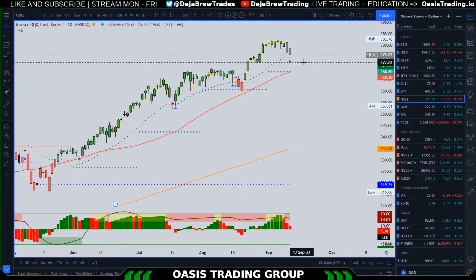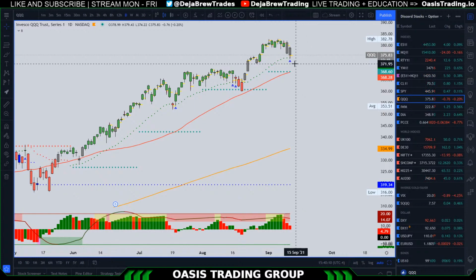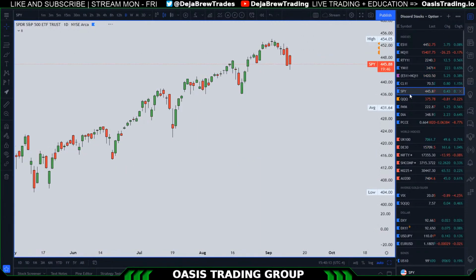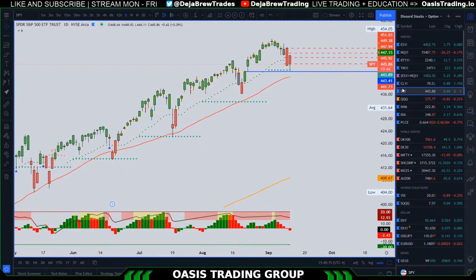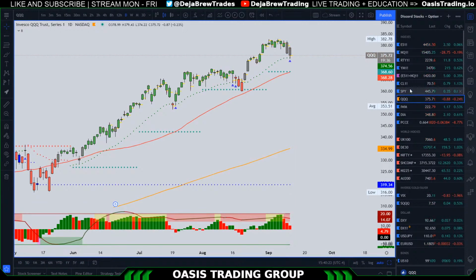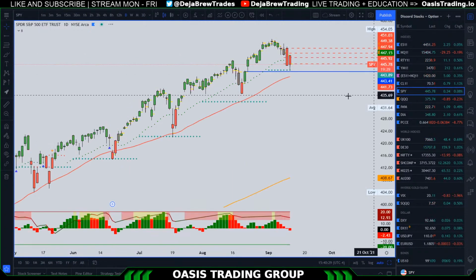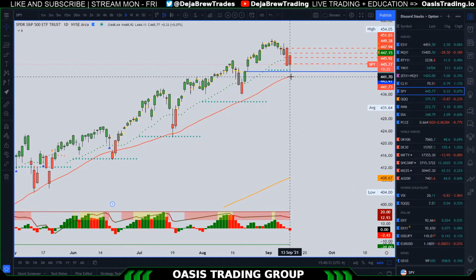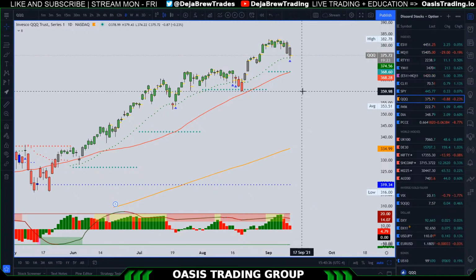So the short-term moving averages are giving you a little bit of support, but we're not testing a major level just yet. Like SPY, we tested the monthly VWAP today, so we already got that major support. If you're buying something more aggressively, I would probably be buying SPY here and not Q's. Typically, they're going to run together, but SPY is more so in that very strong support area. But yeah, Q's,